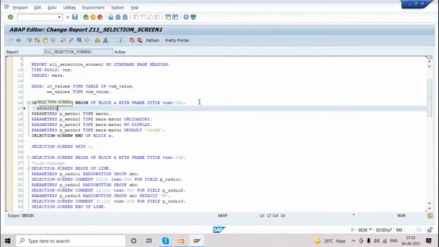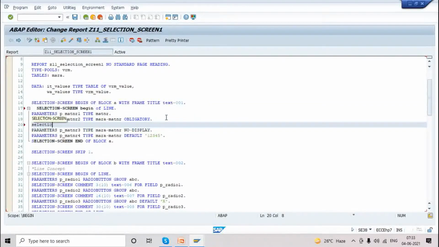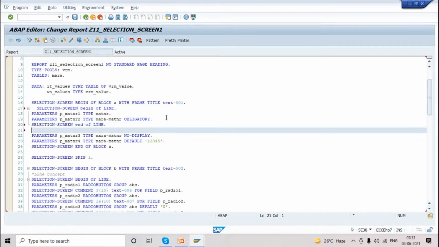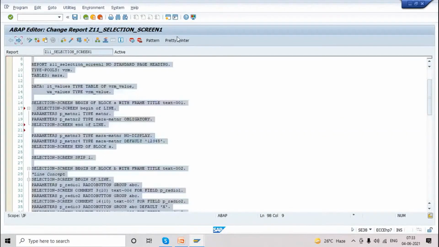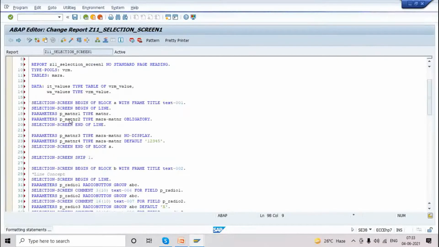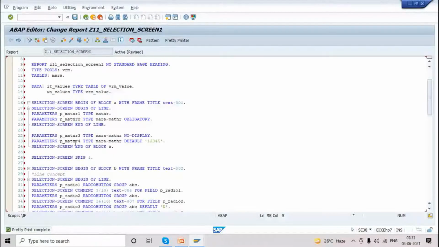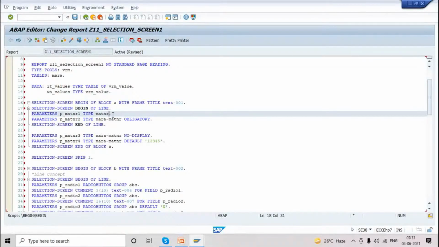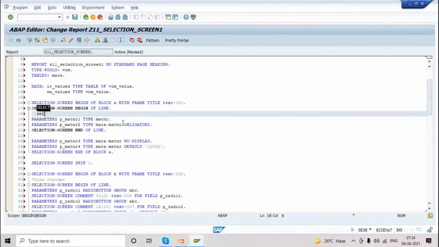Here I'll use selection screen begin of line and selection screen end of line, only for these 2 parameters. The next 2 I'm putting in the normal way. For this parameter, usually we use the comment after the parameter, but before the parameter I'm using selection screen comment.